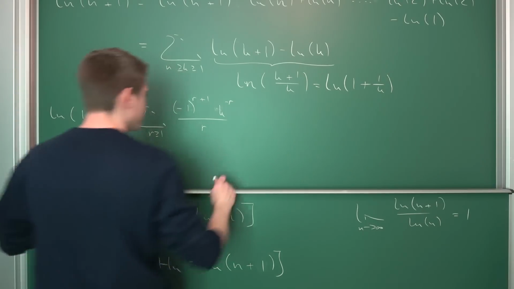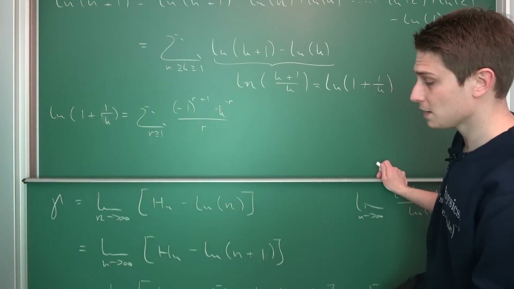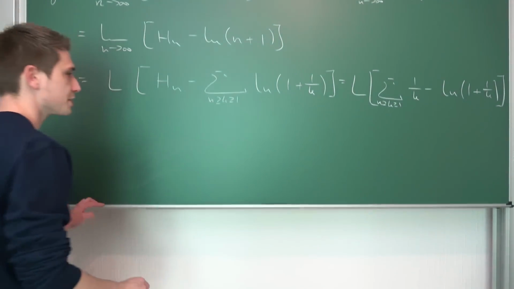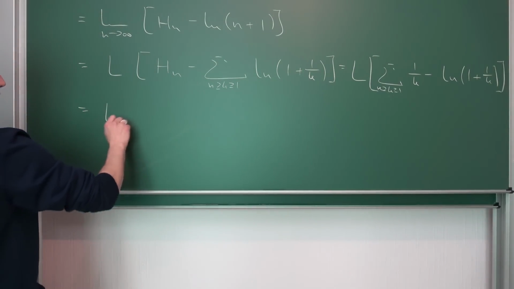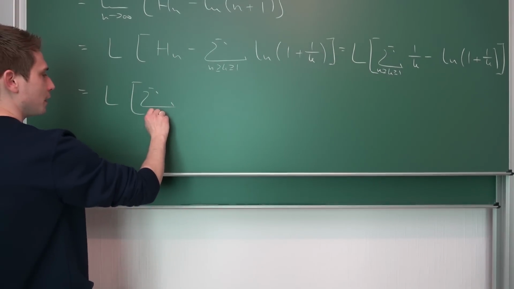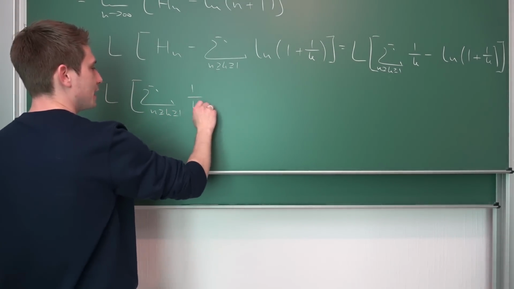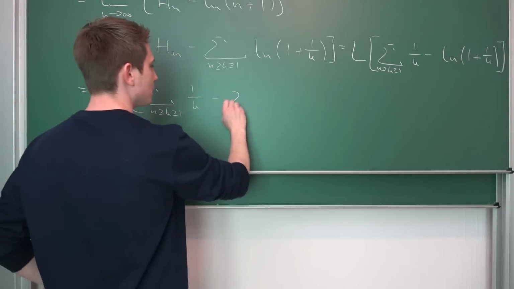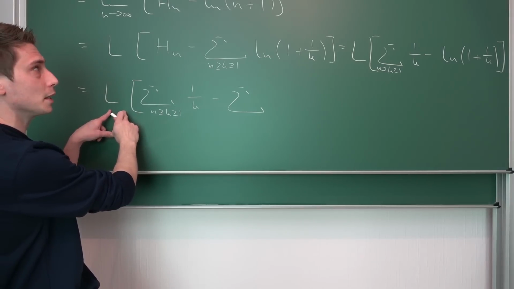And this is basically it. This is our series representation for the natural log of 1 plus 1 over k. Everything's nicely in the radius of convergence, and we can continue from this point onwards. Now we are going to take the limit as n approaches infinity of our finite sum, k bounded between 1 and n of 1 over k, minus an infinite sum inside another infinity